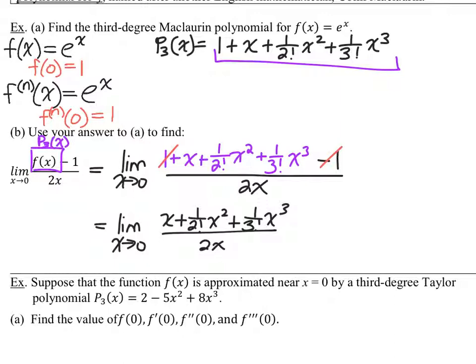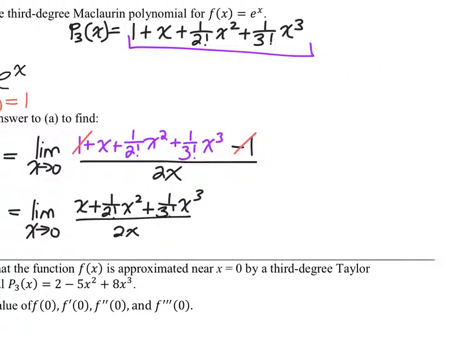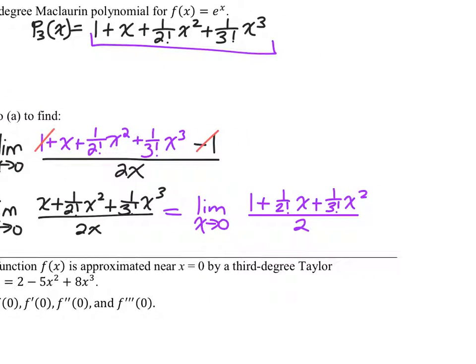Simplifies further, because we're still not out of the woods. If you were to replace all the x's with zeros, it would still be indeterminate. You could still apply L'Hopital's rule, but it's kind of defeating the purpose. Every term is divisible by x, so I'll divide an x out of everything. 1 plus 1 over 2 factorial x plus 1 over 3 factorial x squared over 2, and then when we apply the limit, lo and behold, we get 1/2,